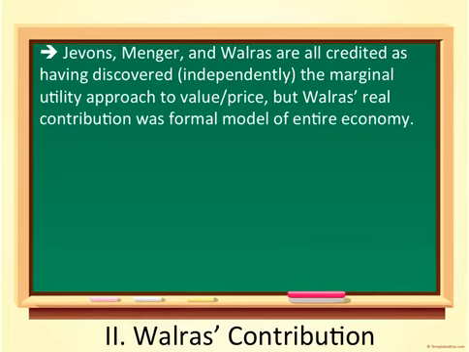As I say, Jevons, Menger, and Walras were all discoverers of the marginal utility approach, but nowadays, looking back, the real innovation or pioneering contribution of Walras, especially since he came in 1874, so if he hadn't written anything on marginal utility theory, it wouldn't have been lost to humanity. But his big thing was the fact that he didn't merely discover or write about the determination of price via marginal utility analysis, but instead the real thing that set him apart from his predecessors, in which nowadays mainstream economists